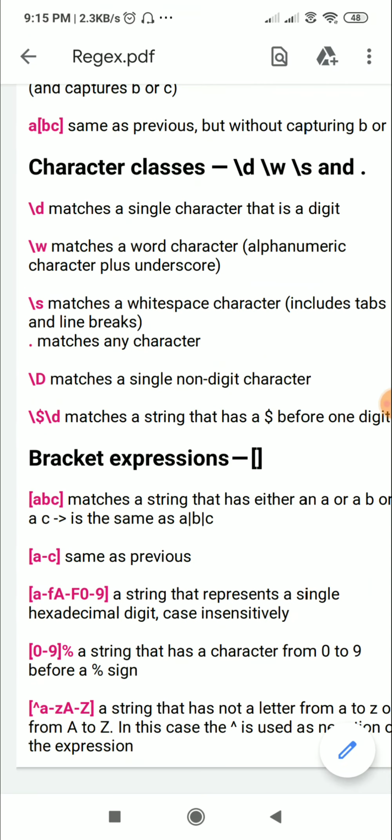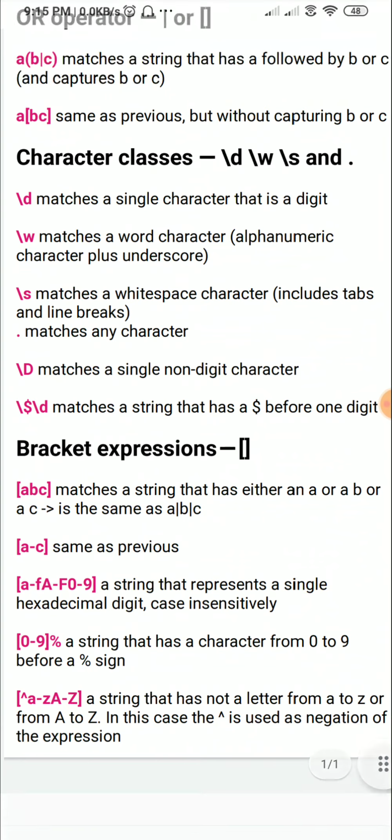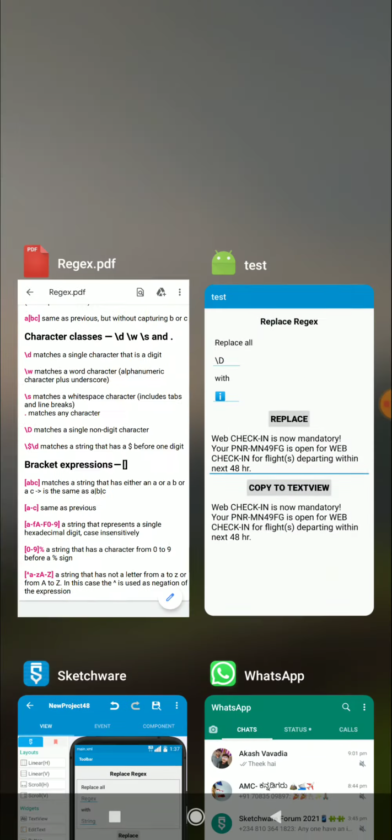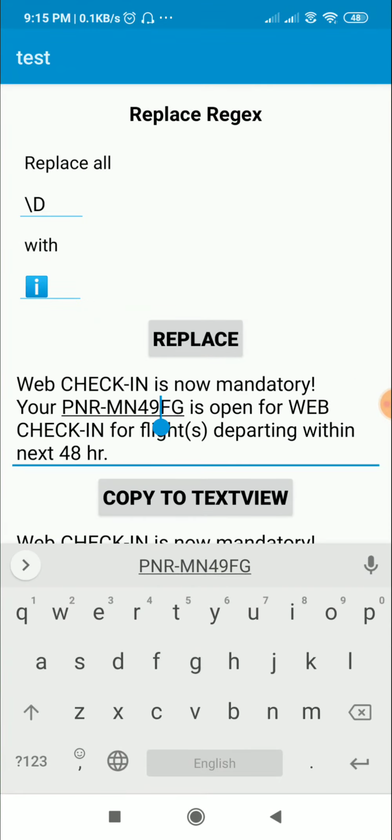Next is this $ followed by \d. It matches a string that has a dollar before a digit. Okay, this \d is a digit. So we can use a combination here, like here I have this 49 and here I have 48.